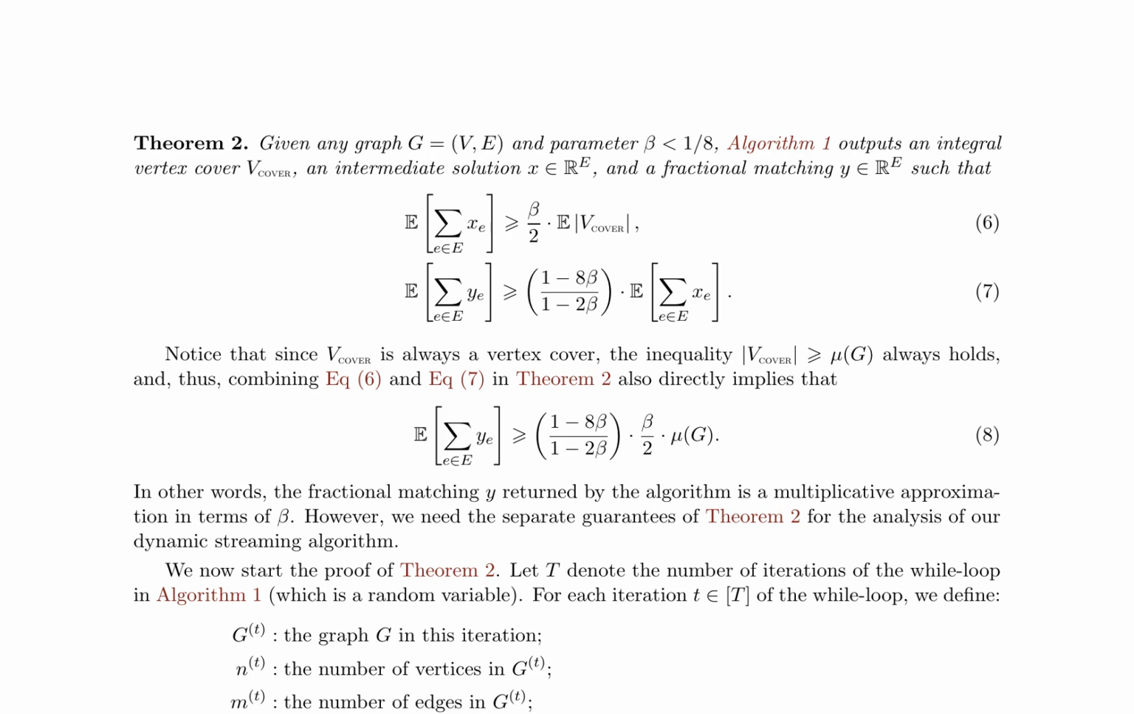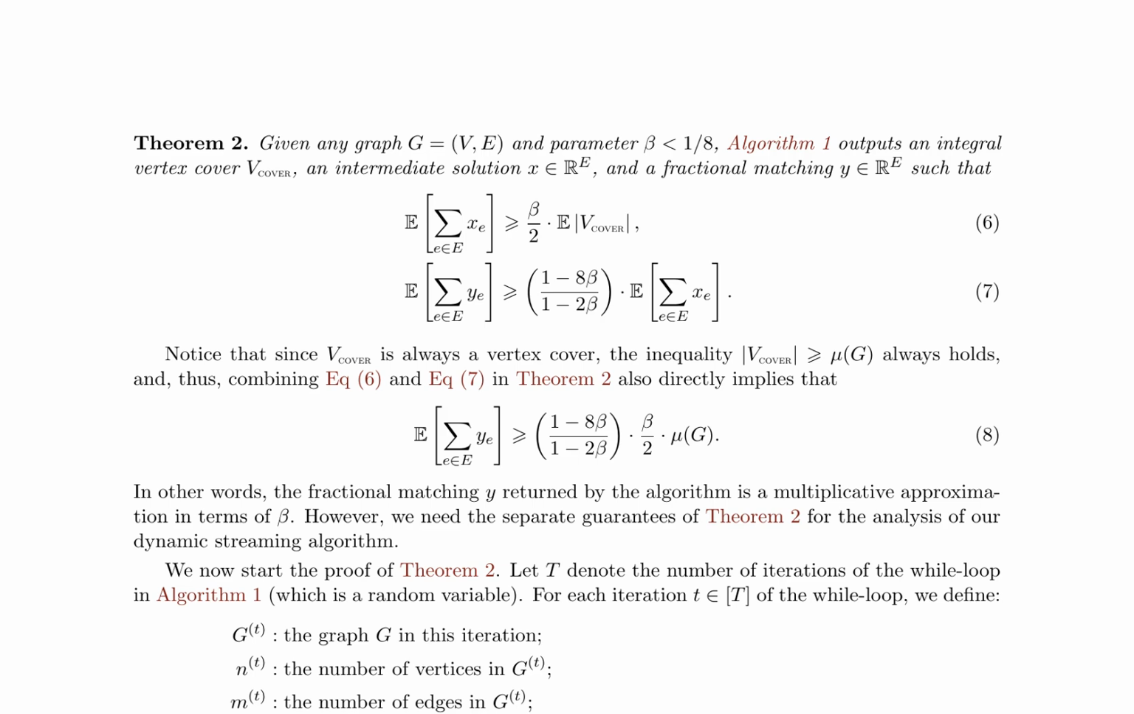Theorem 2 presents a pivotal result in the paper, providing guarantees on the performance of Algorithm 1 in computing an integral vertex cover, an intermediate solution, and a fractional matching. Specifically, the theorem states that for any graph G and parameter beta less than 1/8, Algorithm 1 outputs a vertex